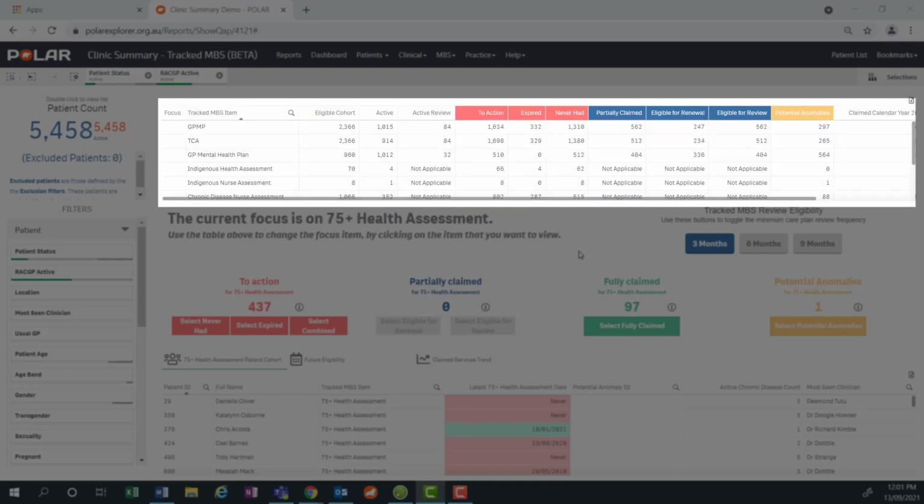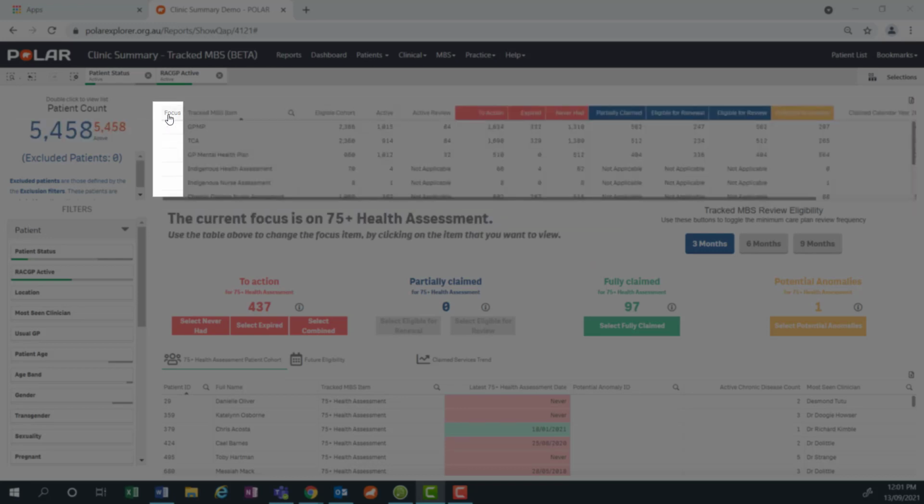In this table, columns consist of focus, tracked MBS items, eligible cohort number, the number of patients who are active and RACGP active and over 75 years of age, active, the number of patients who have had a 75 plus health assessment in the previous 12 months, active review is not applicable for health assessments, to action, the total number of patients who are eligible for a 75 plus health assessment,